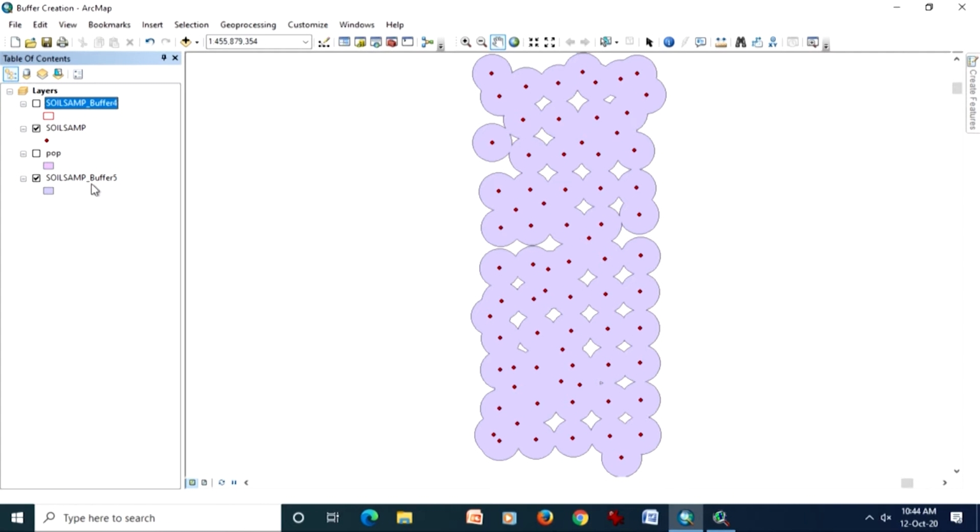Now sometimes there might be a requirement of creating multiple buffers around a point. This can be done very easily in ArcView. I am sure it can also be done in ArcGIS in multiple stages, but at least the tools which are visible to us do not allow us to create multiple buffers in one go. Though in multiple goes, obviously it can be done.